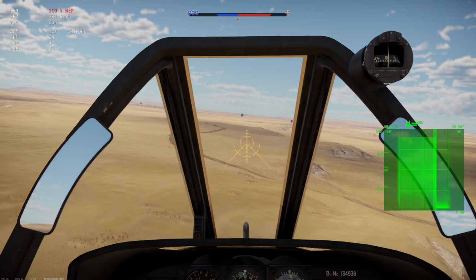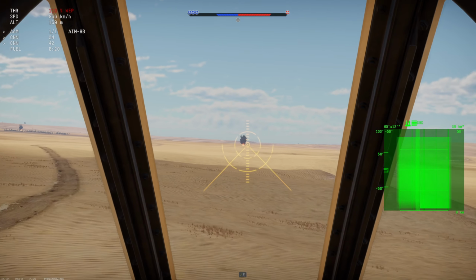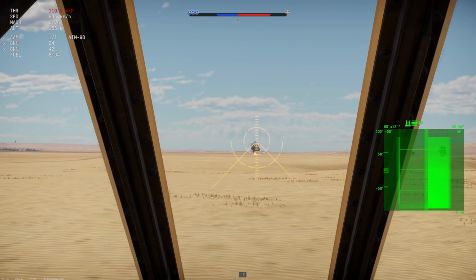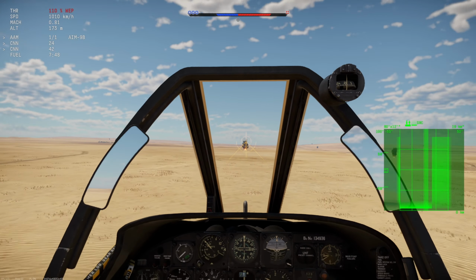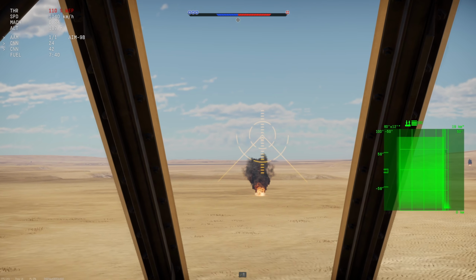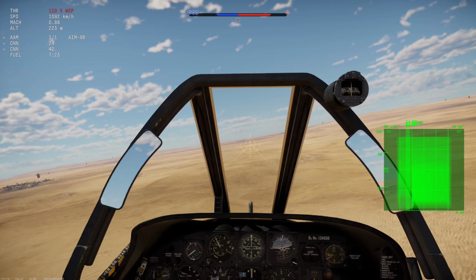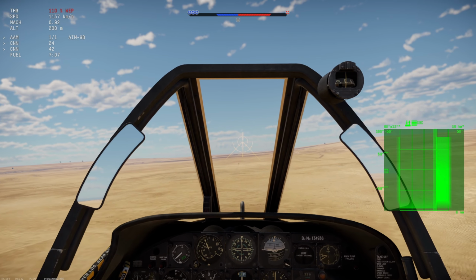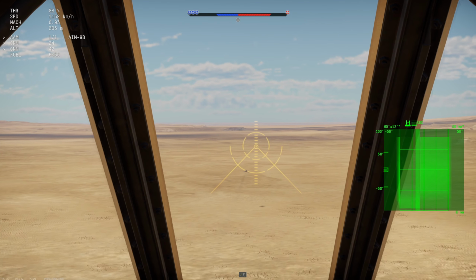This guy was carrying payload, so he's probably not going as fast as he would like. But we're going to see how this thing is in a drag race. They were breaking 1,000 kph. And we're going to go for a missile shot soon, because if he extends too far...